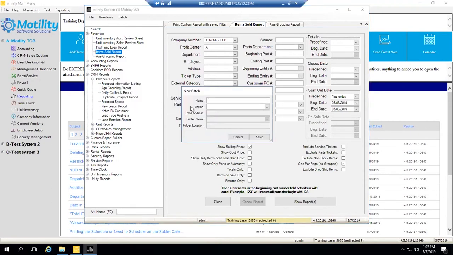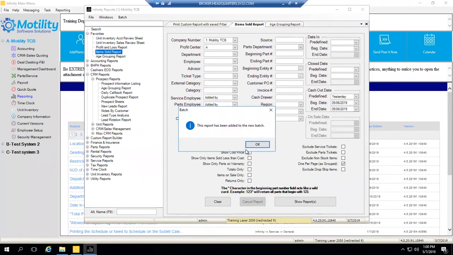I'm going to select add to new batch. And again, we called this daily items sold report. And for my example, we're going to go ahead and select email just because that's probably the most common way that people run this. And it helps if you can spell, but there we go. So I've created a name for my batch of reports, and I've created an action, how I want to receive this report, and I want to receive this one via email, and I've entered the email address that I want to receive this at. So I can now hit save,